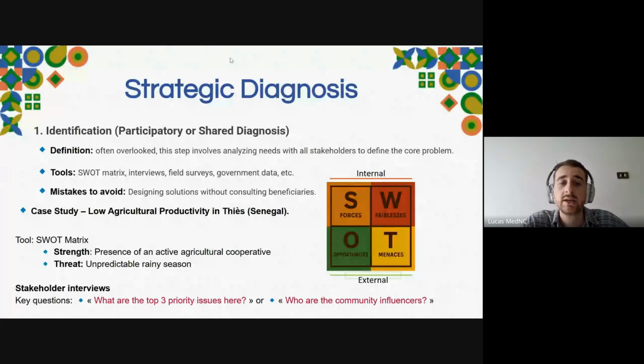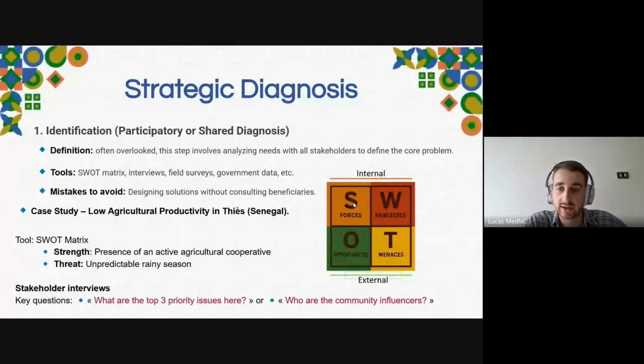So SWOT, I'm going to go pretty quickly on this. There are a lot of resources about SWOT, but it's important to understand. SWOT identifies two kinds of factors: the internal ones, strengths and weaknesses, and the external ones that are going to affect your project.